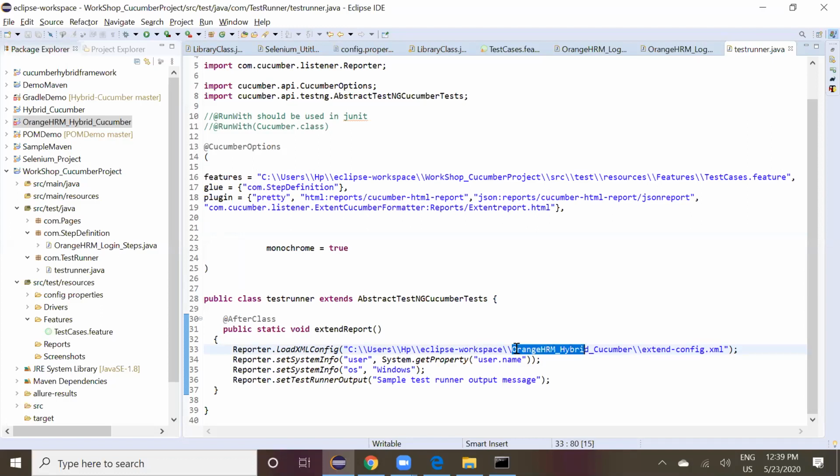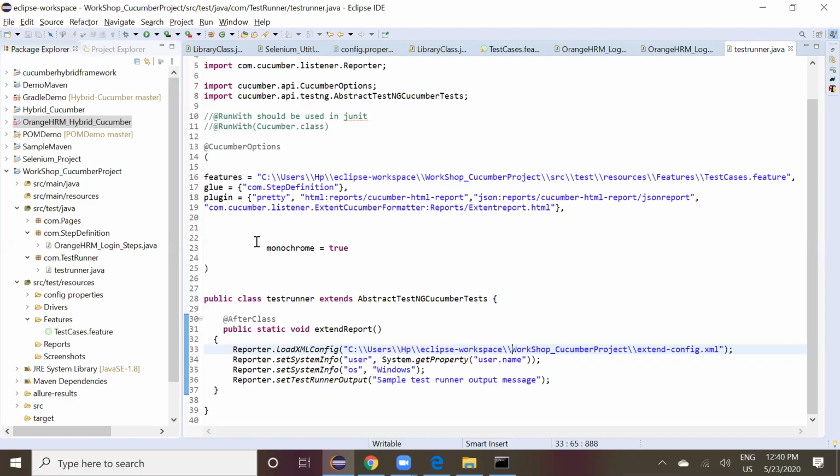This path and data. Wait, Panna. 19th line, you have reports, right?